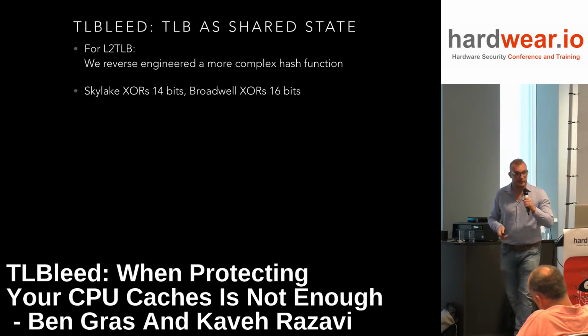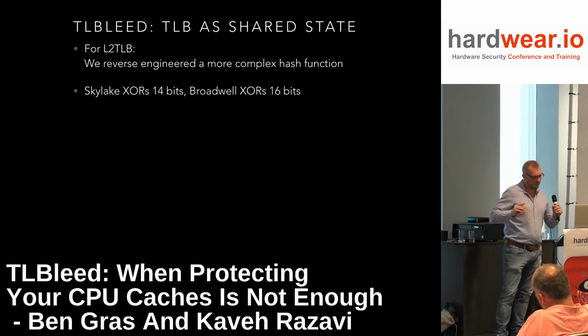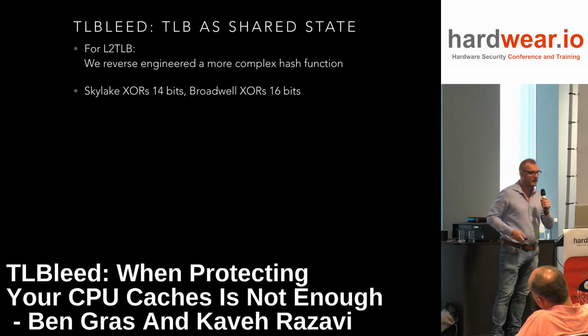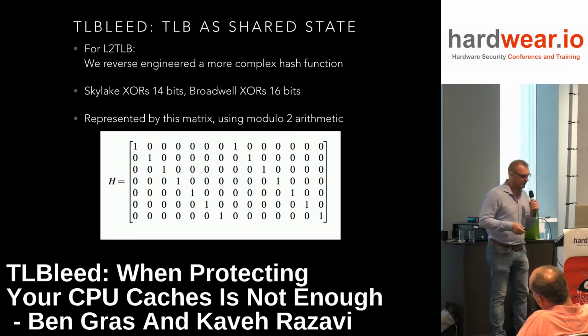What we find is that starting with the Skylake microarchitecture, we take the page number, because it's all about pages, and we XOR the lowest 7 bits of the page number with the next upper 7 bits. We XOR them together to get a 7-bit number, so 0 to 127, to get the slot number. So it's not linear, but it's sort of a simple approximation.